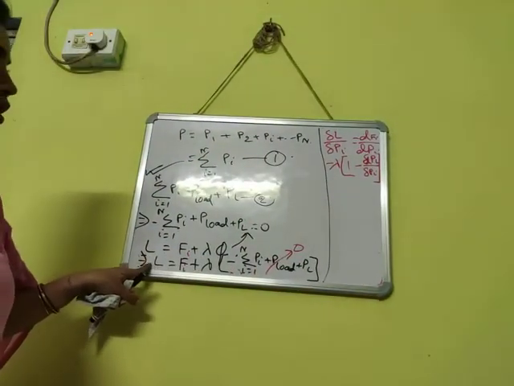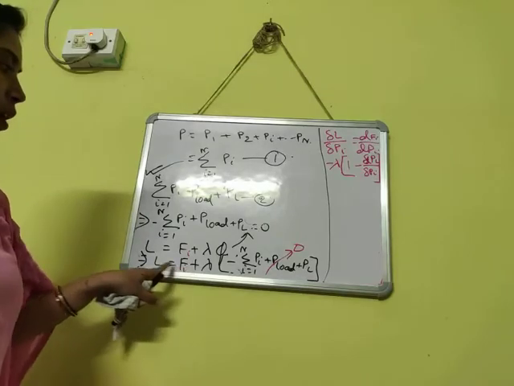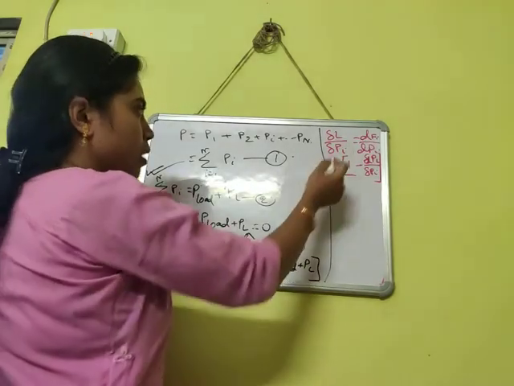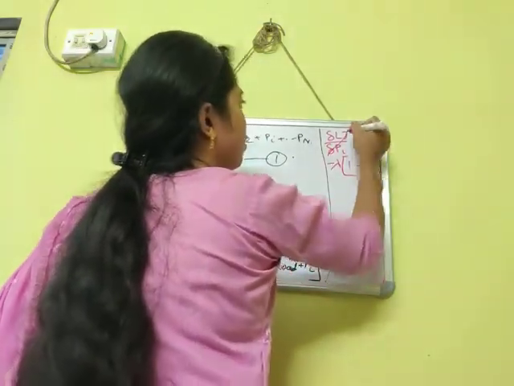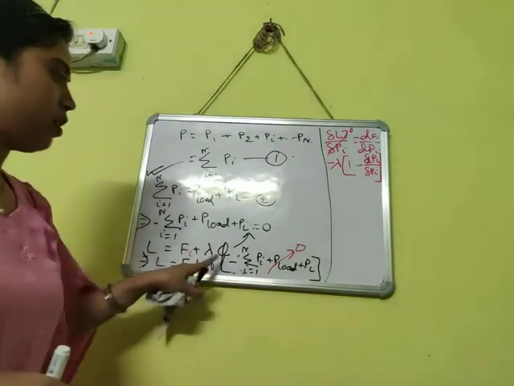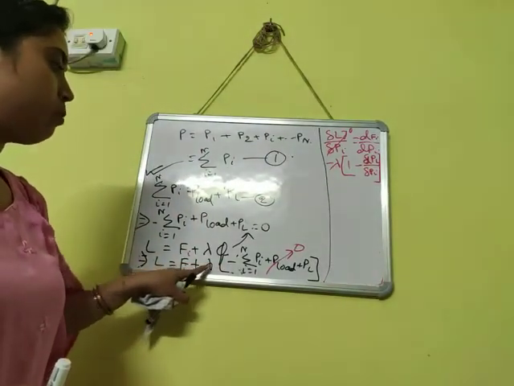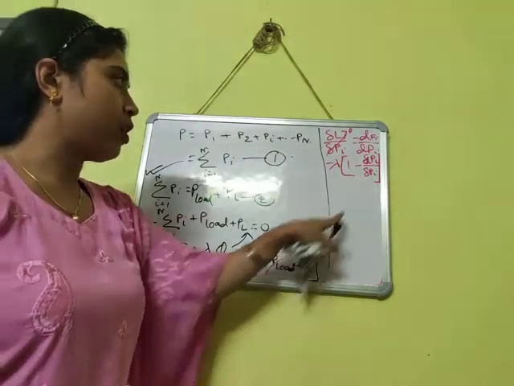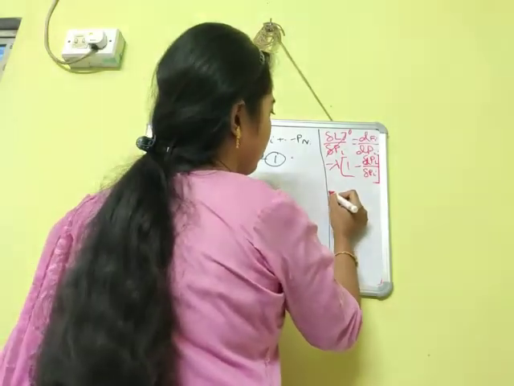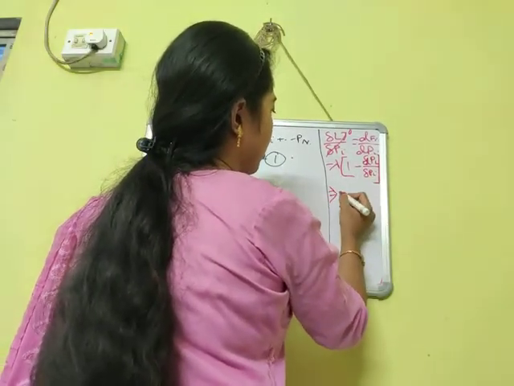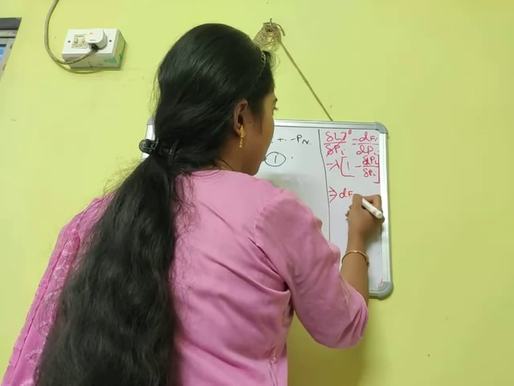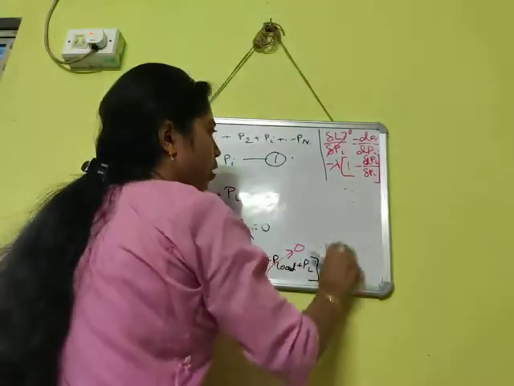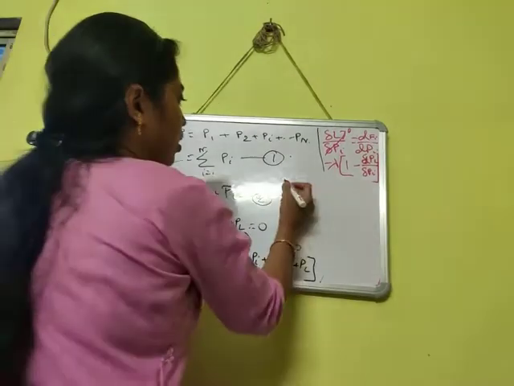So check it. With respect to Pi, we are doing the partial differentiation. First term becomes del L by del Pi, which tends to 0. After the dFi by dPi, minus, taking common minus lambda, it becomes 1. And after that, as that term is 0, it becomes del PL by del Pi. So from there, dFi, more space is required. I'm writing over here.